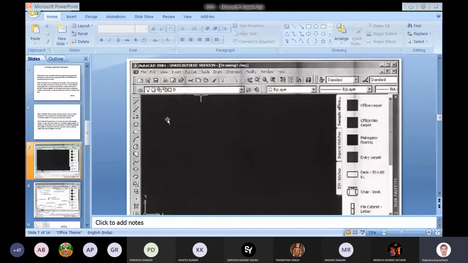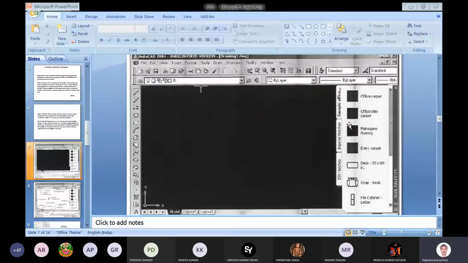Apart from this, we have other direct commands or tools. Here you can see there is a draw toolbar. On the draw toolbar, various drawing icons are there. One is the line icon, for making a line. If you press this icon, you will be able to draw any line onto the drawing area.